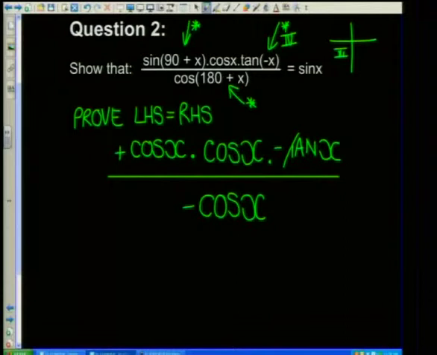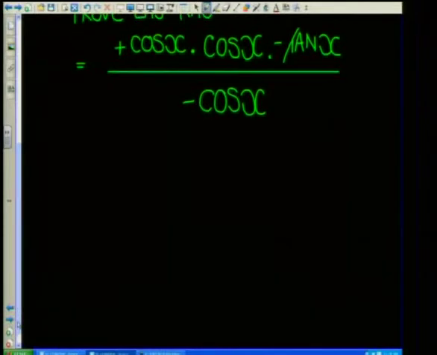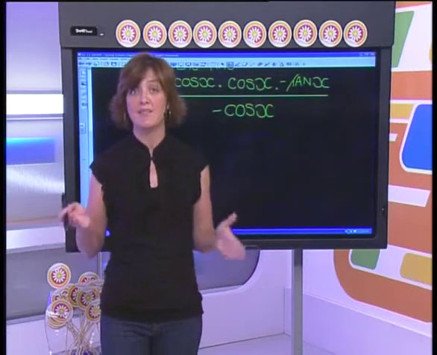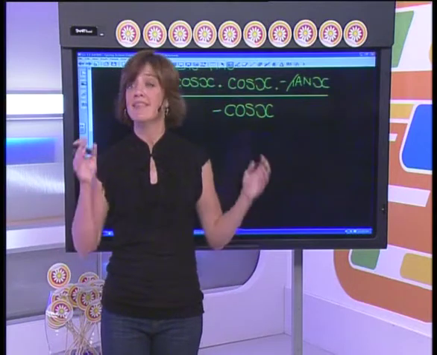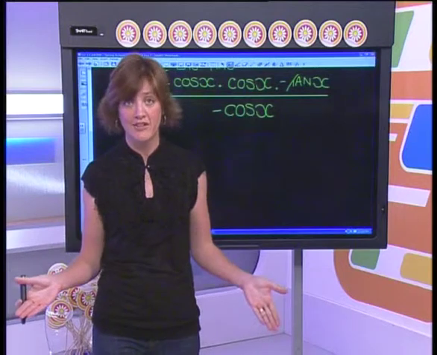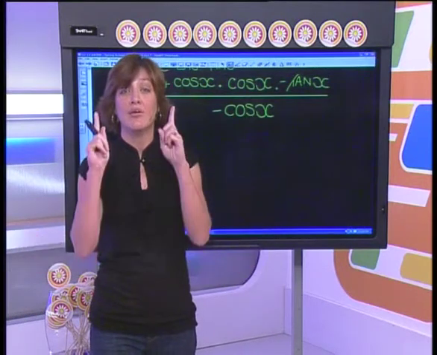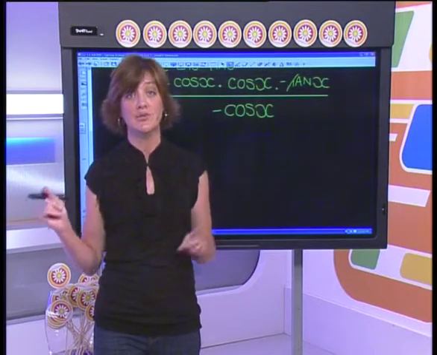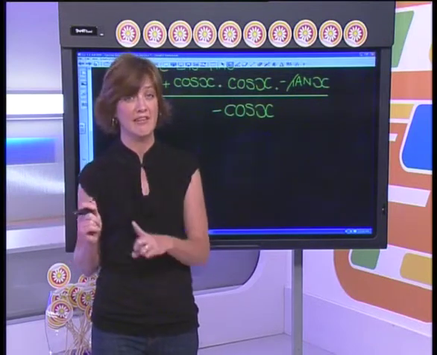Okay, so what we've got on this left-hand side so far is cos x times by another cos x times by negative tan, and it's over negative cos x. Okay. This is one nice thing to spot with an identity such as this. Everything is being multiplied. And as long as there is a times between each one of your terms, you can cancel. Okay, there's no problem with that. As soon as there's a plus or a minus separating your terms, that's where you've always got to be very careful.